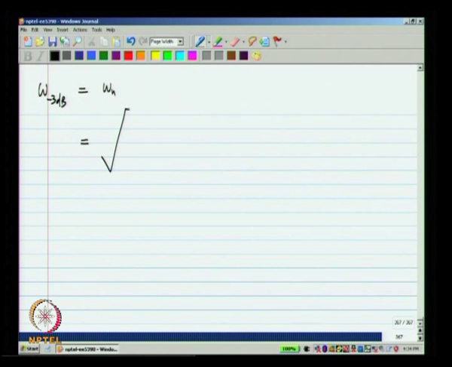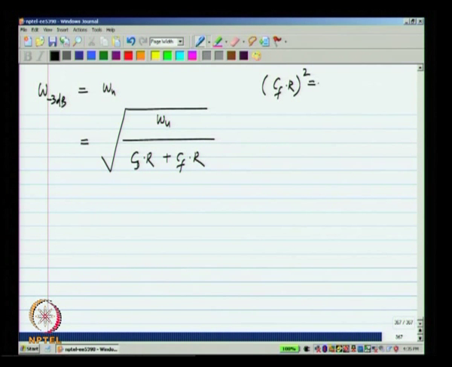Which is equal to square root of omega u divided by CD times R plus CF times R. Now, I have the equation for CF times R. I know that CF times R squared equals 2 CD times R times omega u minus 1 divided by omega u squared. Okay. So, if I substitute this in here, I will get